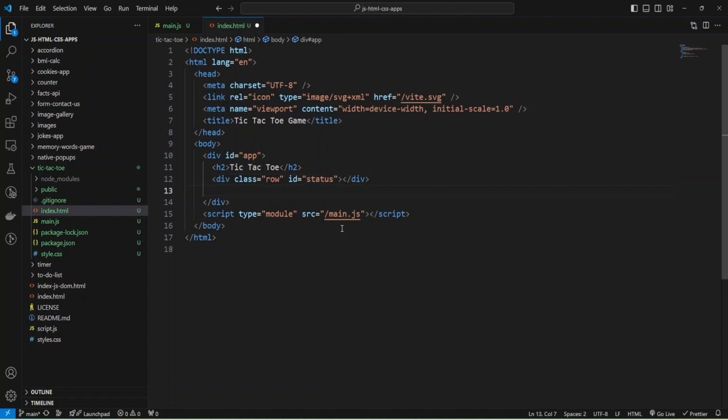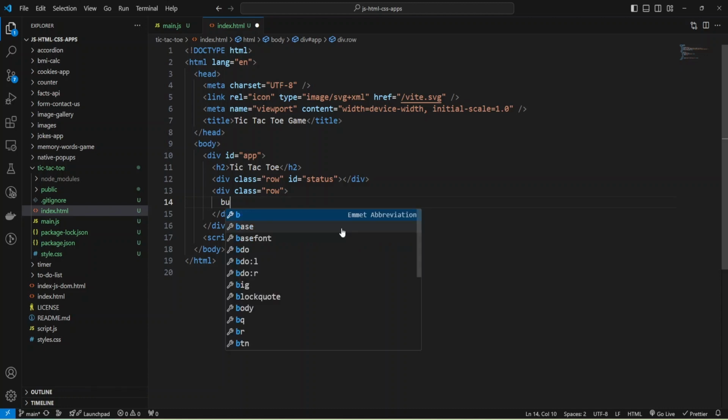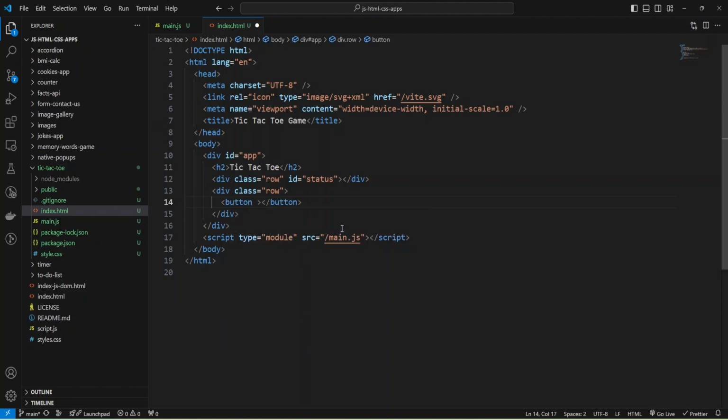Okay, and also we need a row for the restart button, a div with class row, and inside it I'm going to add a button with class restart-button, and the ID will be restart-button, and text restart.